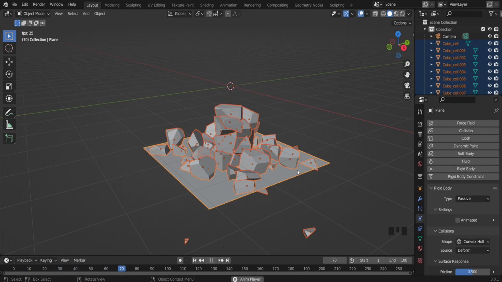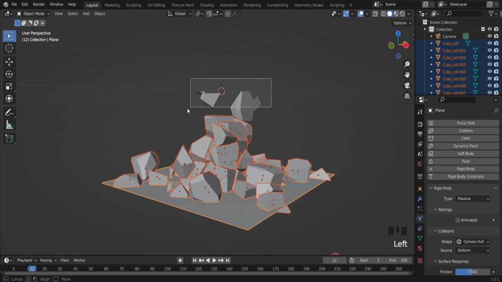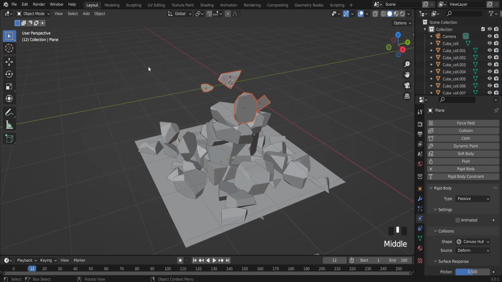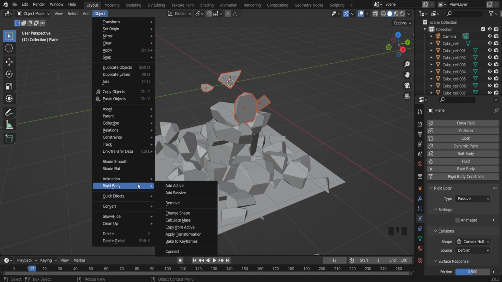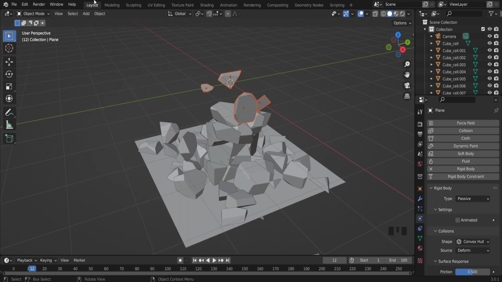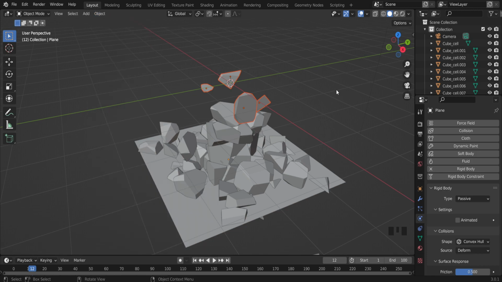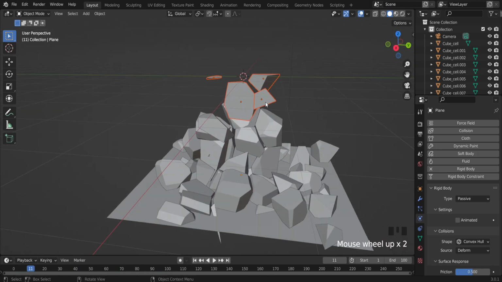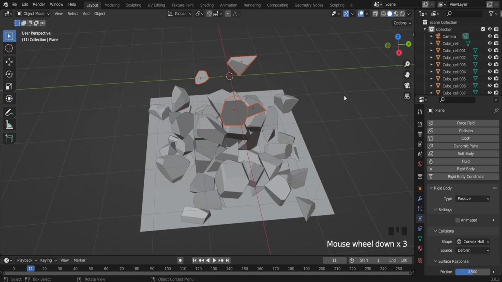actually nothing happens, only some parts which I didn't select. These parts are active. Also, we can do the same for these parts. So rigid body, apply transformation, rigid body, remove simulation. Let's press the space button on the keyboard. Right, so right now the scene is static, and we can